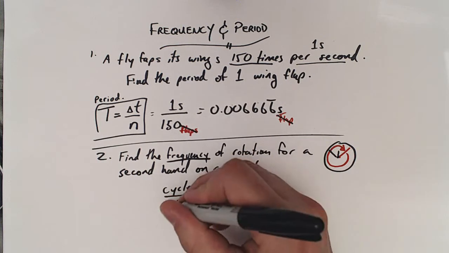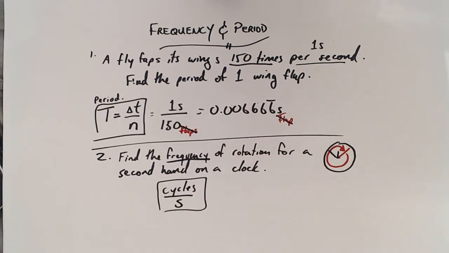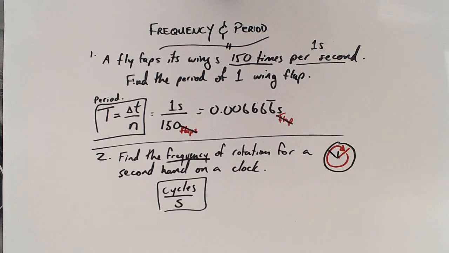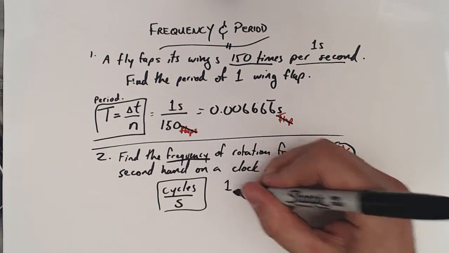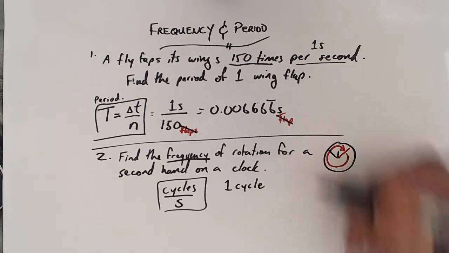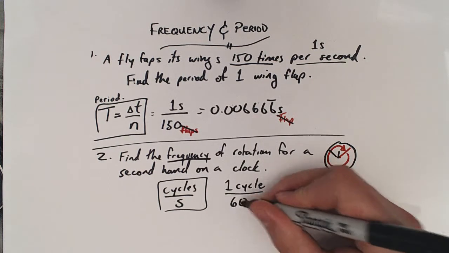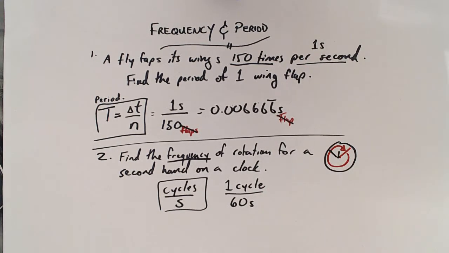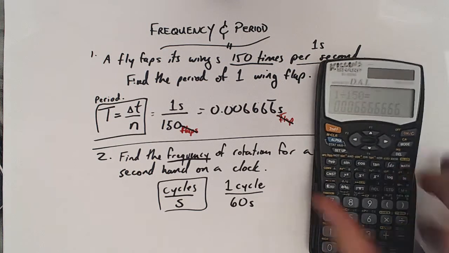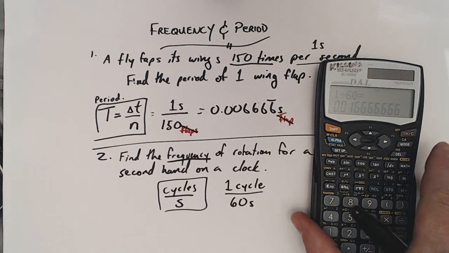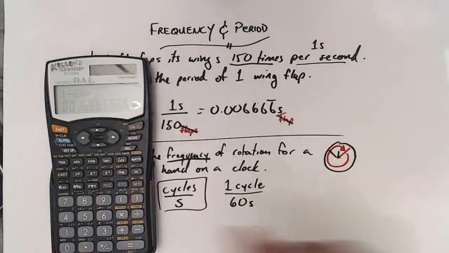So now that we know what frequency is discussing, cycles per unit of time, let's talk about an actual clock. Well, for one cycle, how many seconds does it take? If it's a minute, it takes 60 seconds. So if I wanted to figure out what the frequency is for a second hand rotating around a clock, 1 divided by 60, let me get my calculator out here, 1 divided by 60 is 0.01, and then the sixes repeat,